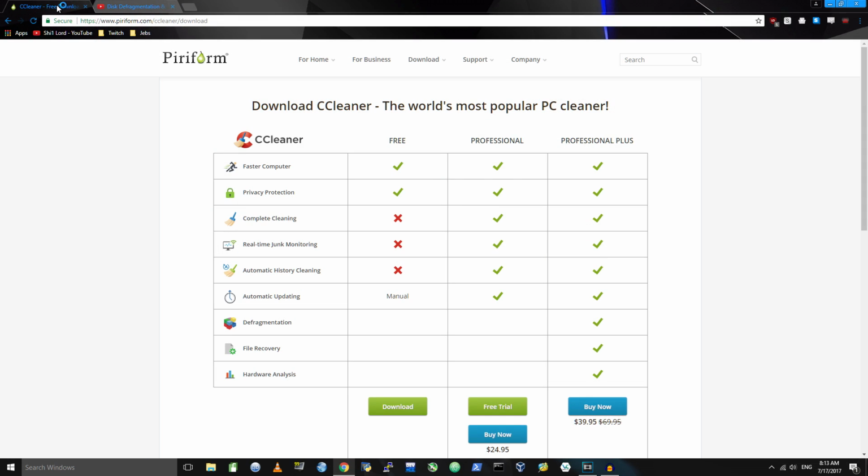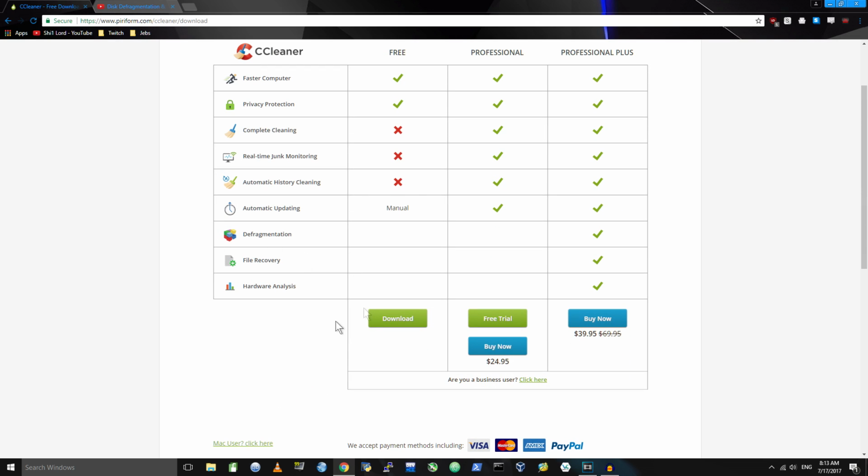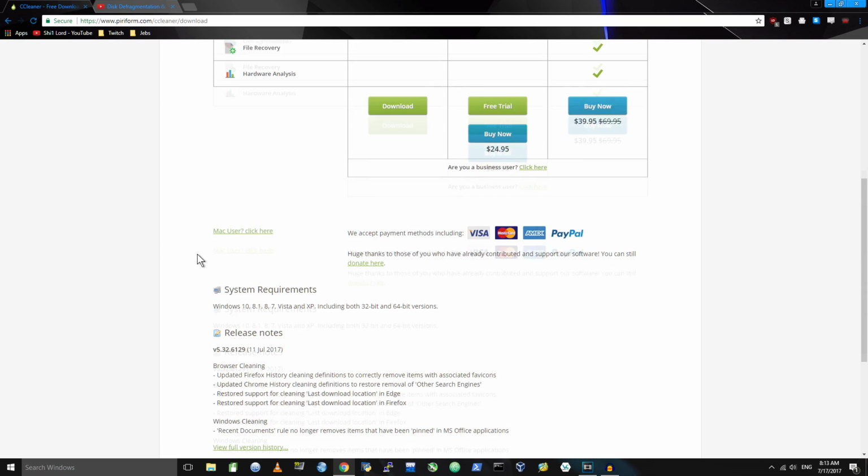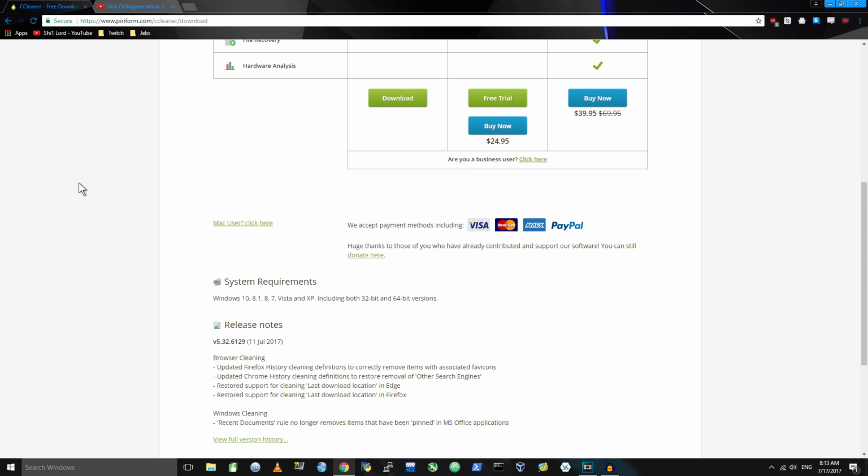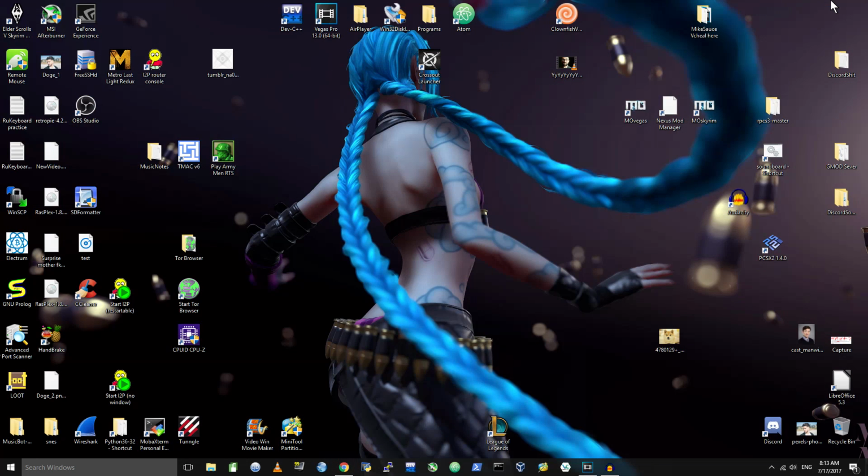So you're going to want to go over here to CCleaner and download this program. I'm not sure if they have an optional single installer or if they have a full installer only, but if they do have a single installer, you can install it without actually quote-unquote installing it. It'll just be a standalone runnable executable, whereas the installer will install it to your system. And then you're going to want to go down here to